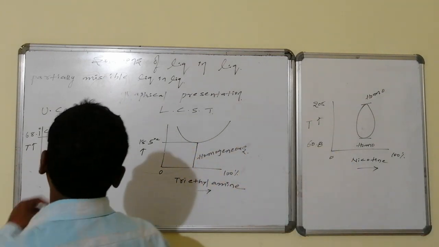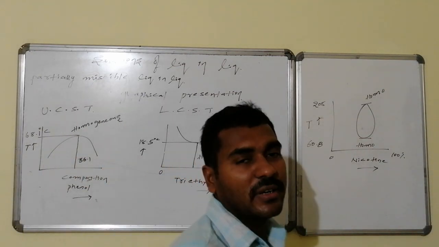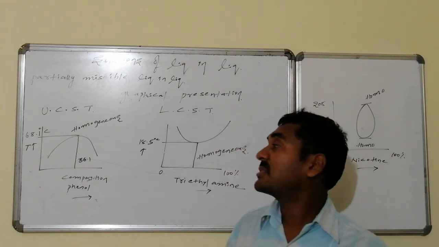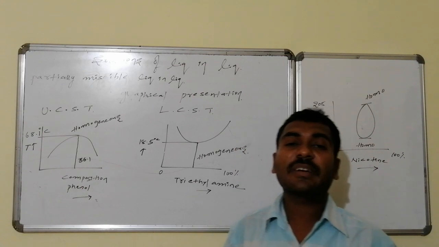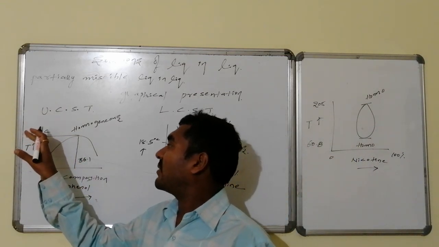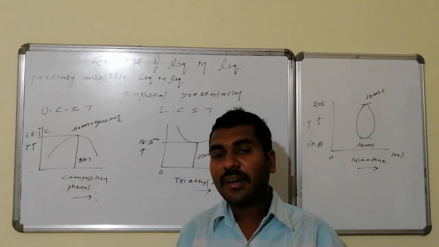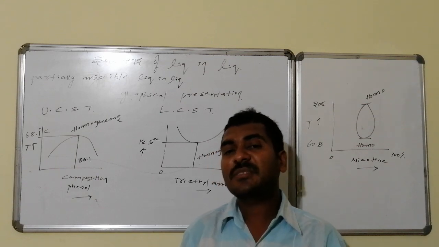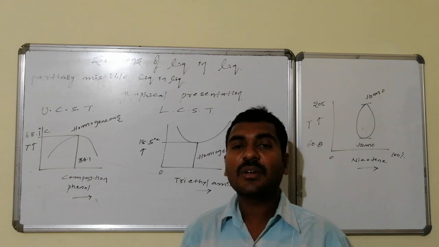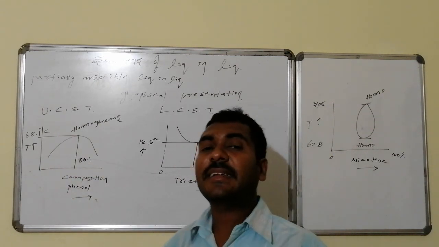At a particular composition, that is 36.1 percentage of phenol and the remaining is water, the mixture is mostly immiscible, whereas above 68.1 degree centigrade it becomes miscible. From 68.1 degree centigrade onwards, all compositions of phenol and water become a homogeneous mixture. Hence, such a system that behaves as a homogeneous mixture above a particular temperature is known as an upper critical solution temperature containing system.